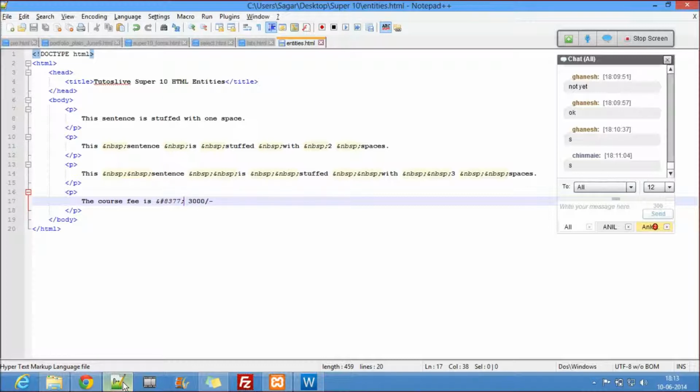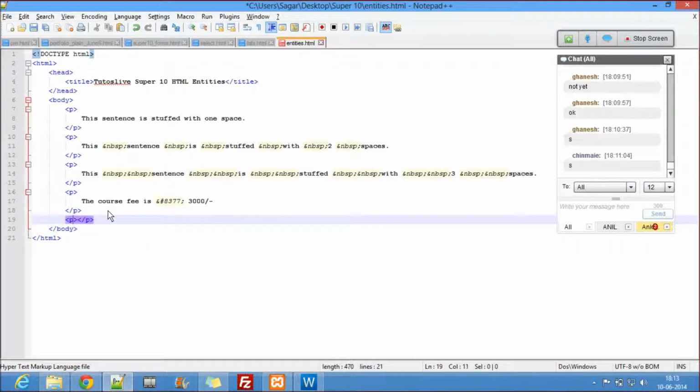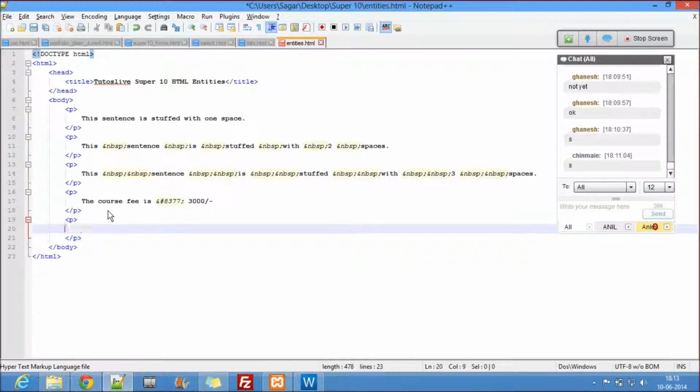I'll be sending an email to you guys. There's a website which has some crazy entities, like you can have all sorts of symbols. Okay, let me put one more symbol here. You can talk in this sign language if you know all the entities, right? So let's just decode this.